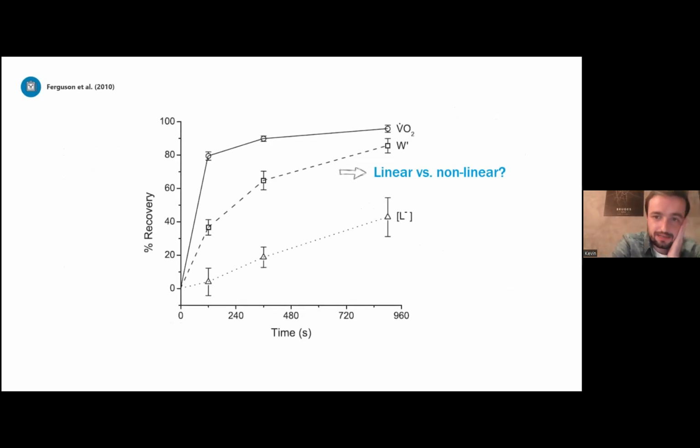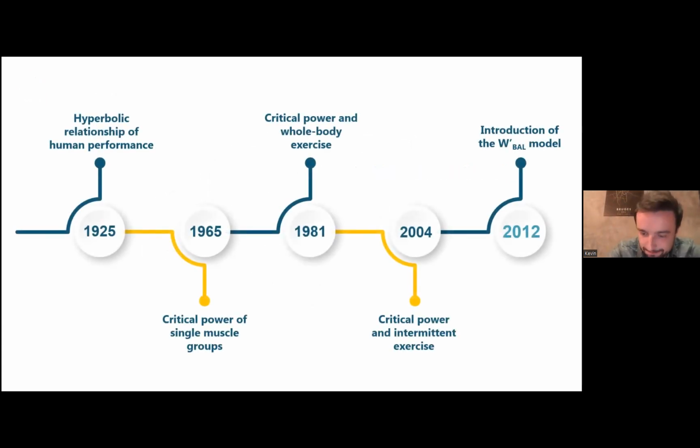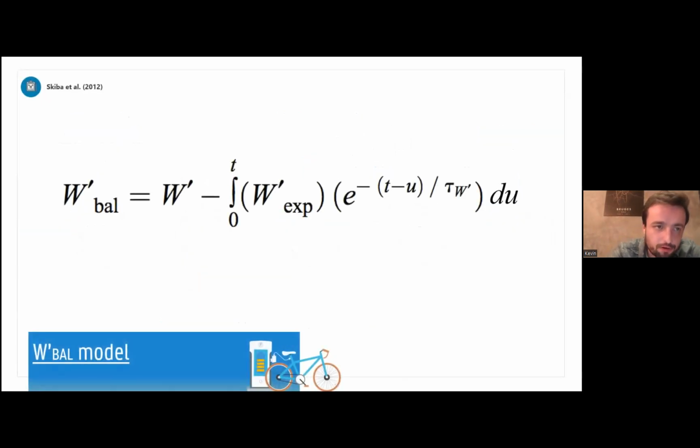There was a publication some years later that tried to model that W prime recovery. And what you can see on these graphs already, if people were asked to cycle until exhaustion and then could recover some time, is that the W prime did not seem to recover in a linear way as was initially assumed. And actually this publication formed the basis for the most famous model of W prime recovery, the one published by Philip Skiba and his colleagues,